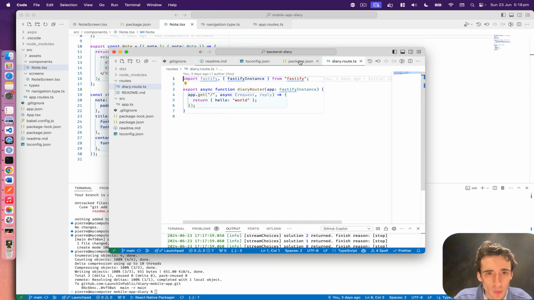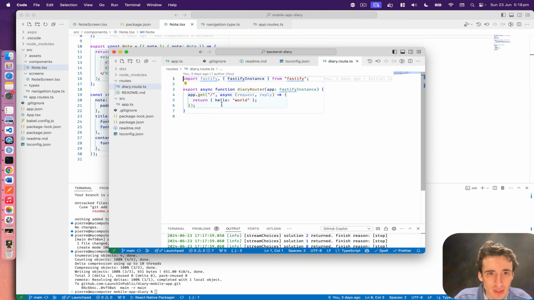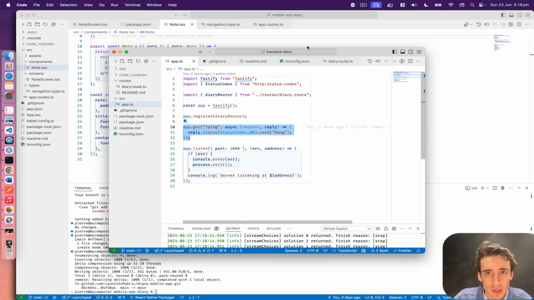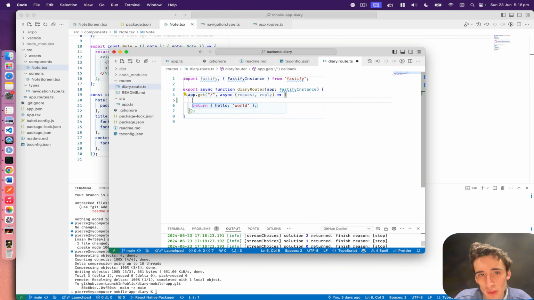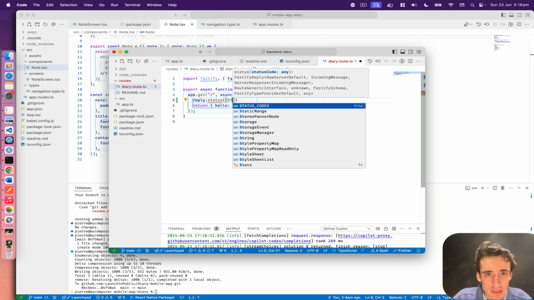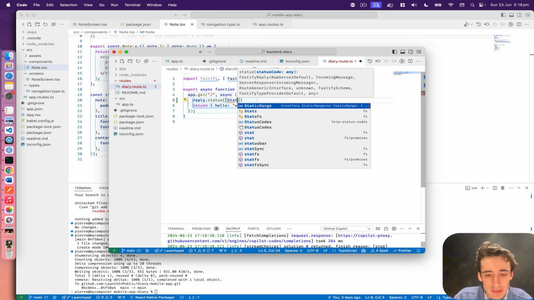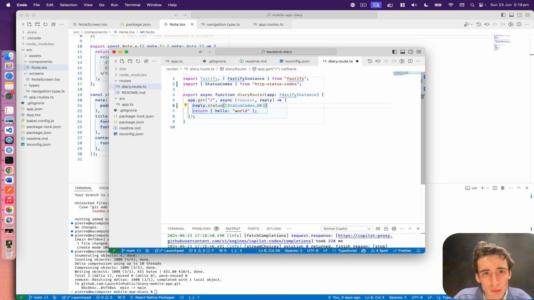And then there we use the same format actually as the app.ts, so we do something like that with reply and status. It's just better. In the long term it's better. It's just more efficient than returning. We could of course return an object, but we cannot handle the HTTP status code and so on. So if I use reply, and then if I do status, and then I would use here status code from there, and OK,